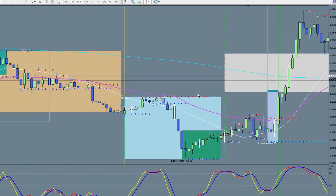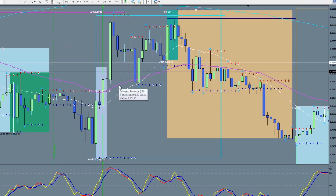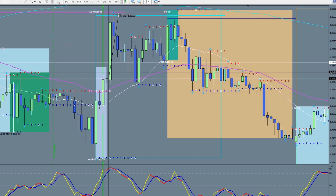Okay, let's go back another day here and get to the 27th. Same thing again. We have the Tokyo channel sitting right here, and right at London Open, we see the market made a pretty strong move towards the upside, and there's moving averages and a few other things there that you'd have to look at to understand exactly what's going on. All of these things we cover in the trade room as we're trading, but this trade here actually produced a nice little run up of 20 or so pips, and several of us caught that